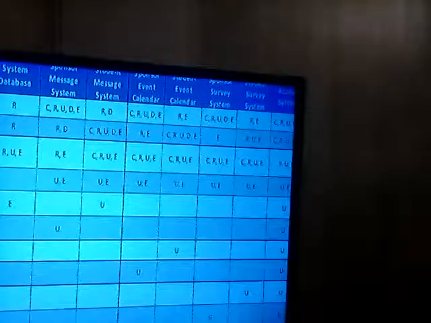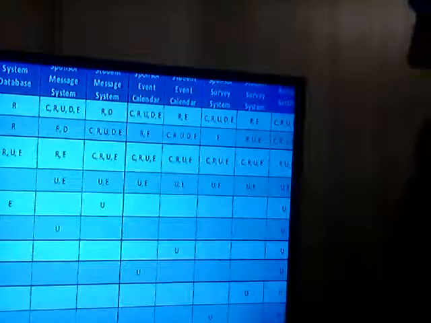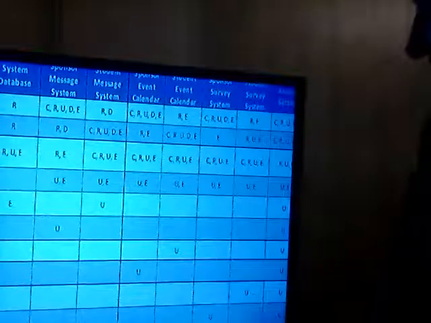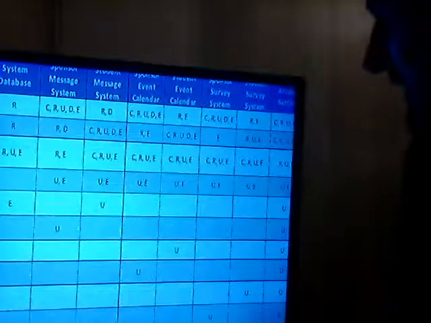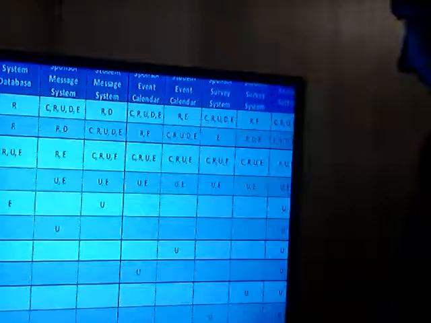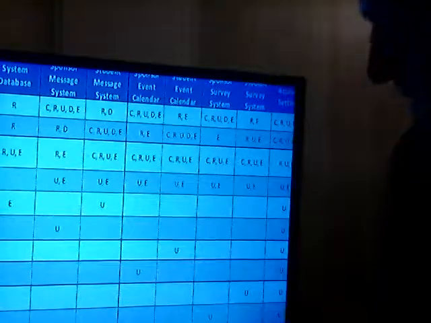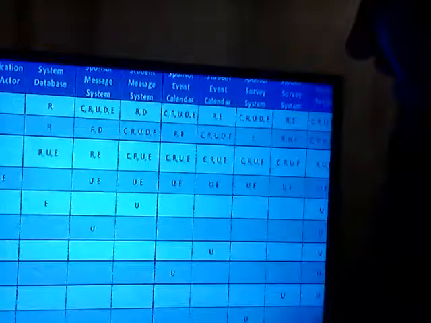And the reason I did that is because they may need to remove content from a student or a sponsor. So they're able to create, respond, update, and execute on all of their systems, the calendar system, their survey system, and messaging system. The system database updates, deletes, and executes sponsor accounts if they are not